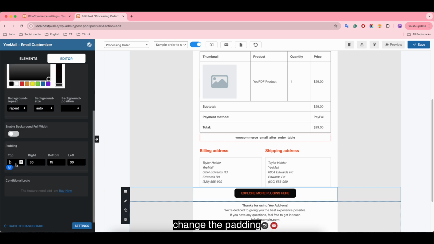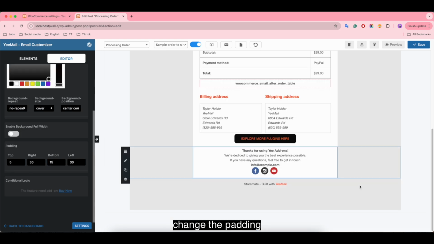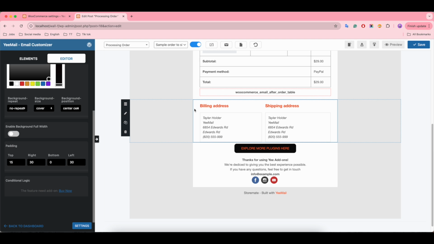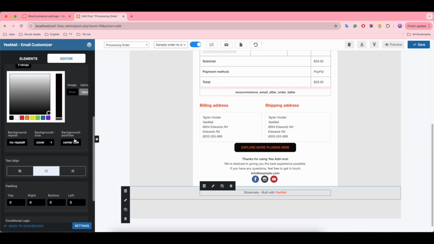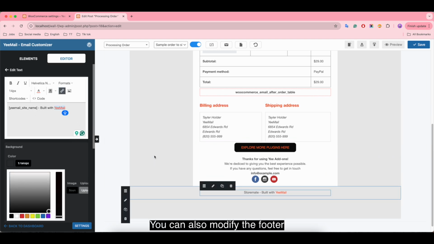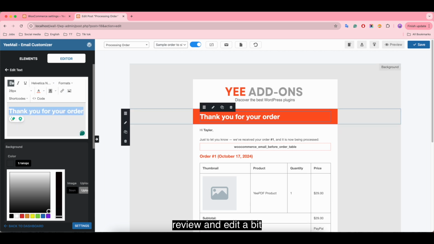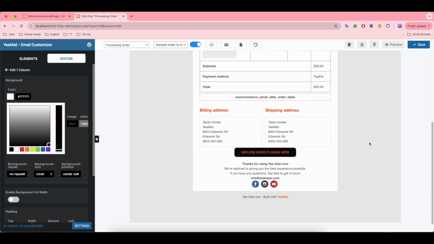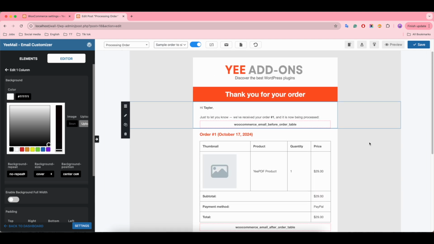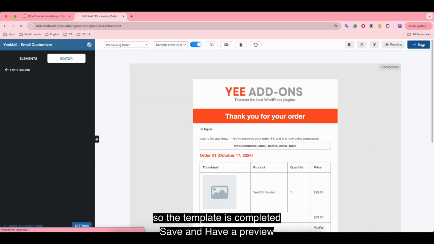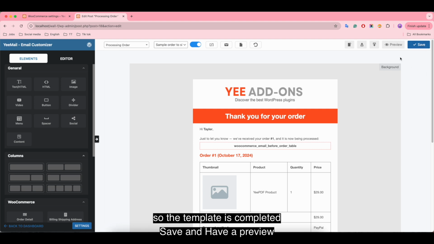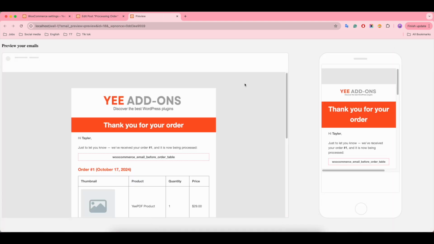Change the padding. You can also modify the footer, review and edit a bit. So the template is completed. Save and have a preview.